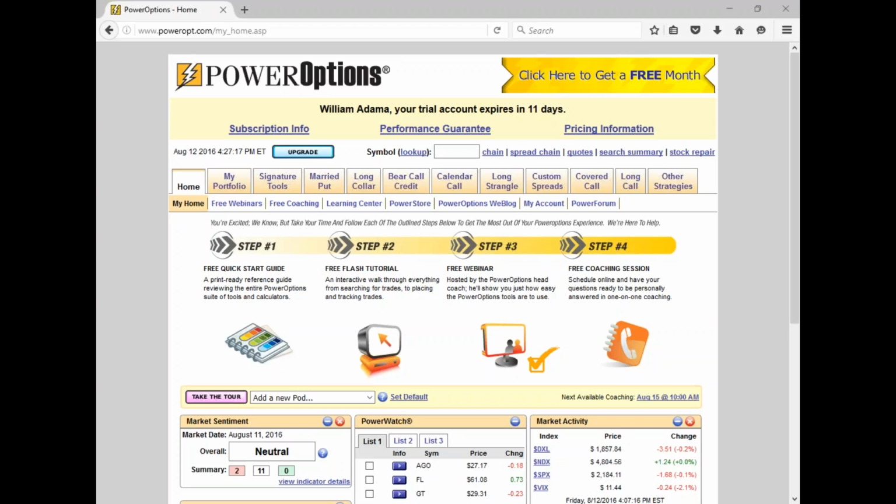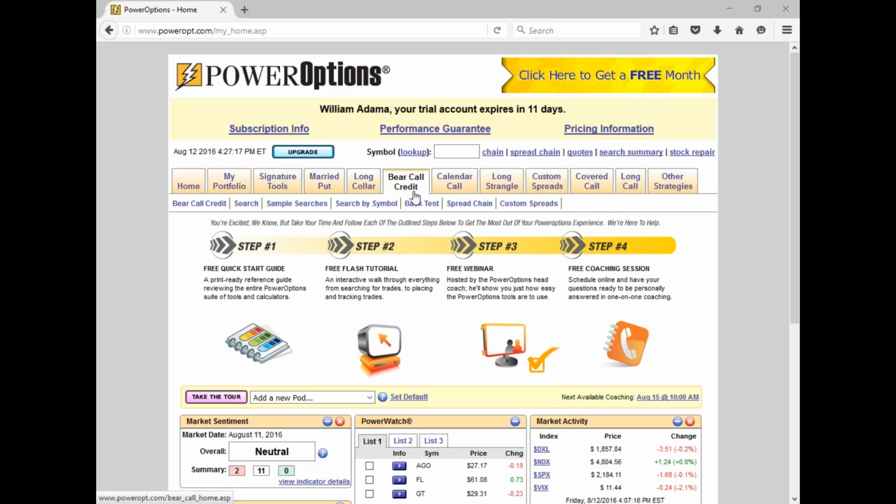Now, our first questions for today, August 12th, 2016. Donald's first question: does PowerOptions include options quotes and volatility info? Absolutely. Okay, so in any search, you see here the PowerOptions tools are designed by a tab navigation system, married